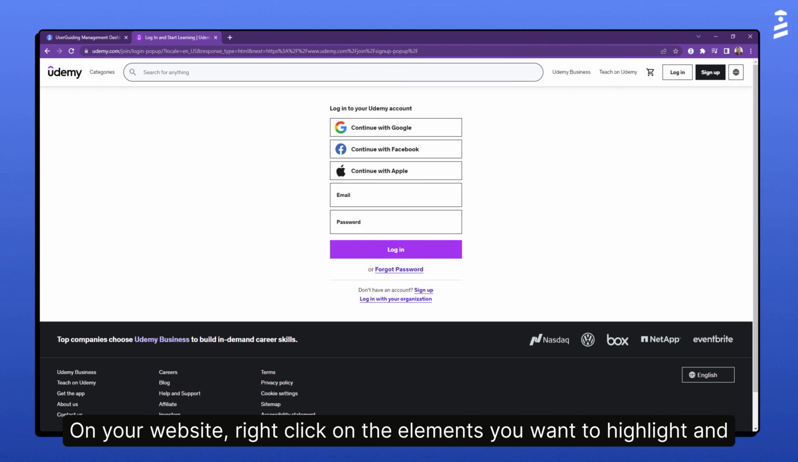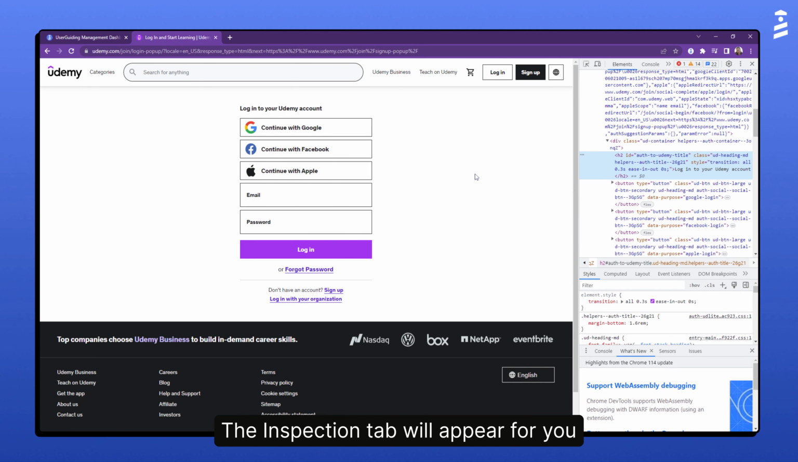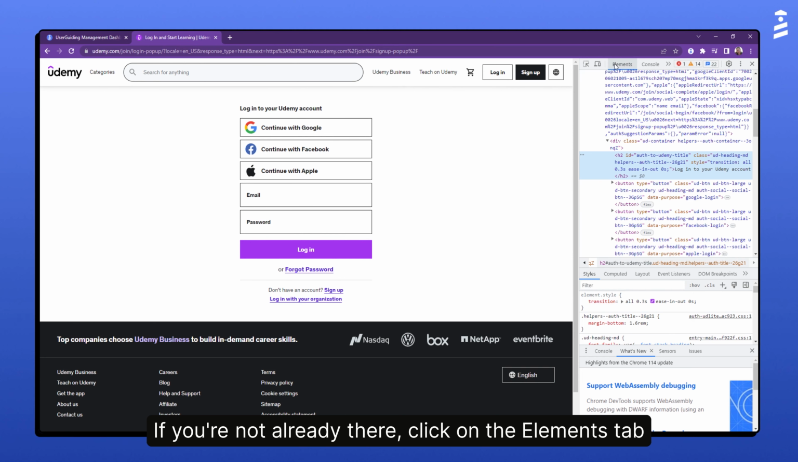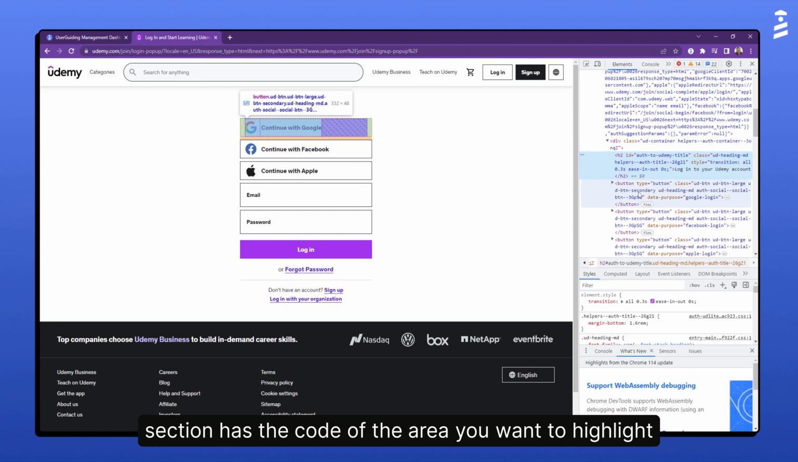On your website, right-click on the element you want to highlight and click on Inspect. The Inspection tab will appear for you. Then, if you're not already there, click on the Elements tab. These sections are the foundation of your website. You can hover the cursor through them, and the browser will highlight which section has the code of the area